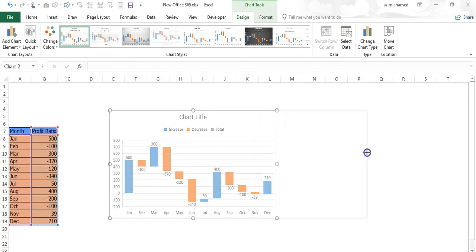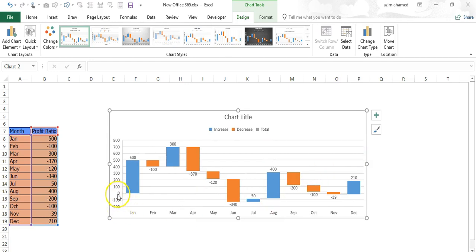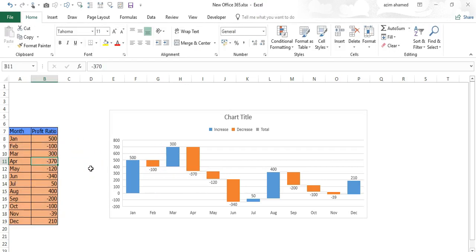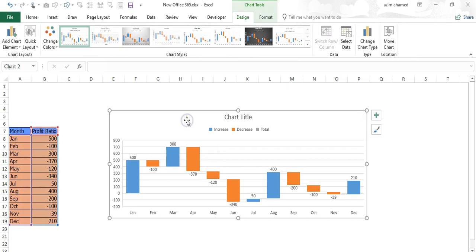So as you can see, on the basis of 0, it started from 0. The first data is in the month of January. In the month of January, it's 500 plus, it gained, so it increases. Now 100 minus, so we go below, the flow is going down, and again positive. This is the combination of positive and negative, so it looks like this. Okay, so this is your waterfall chart.